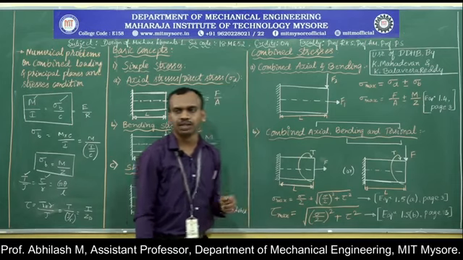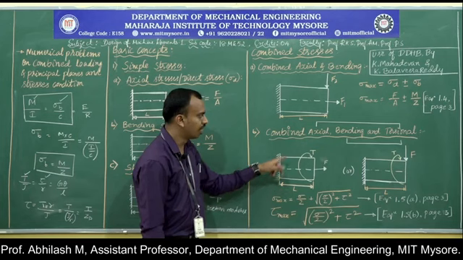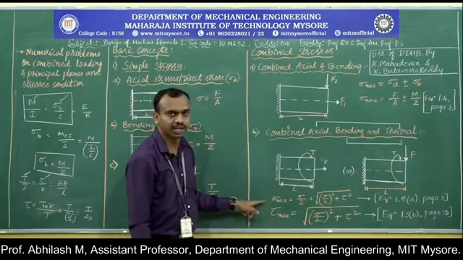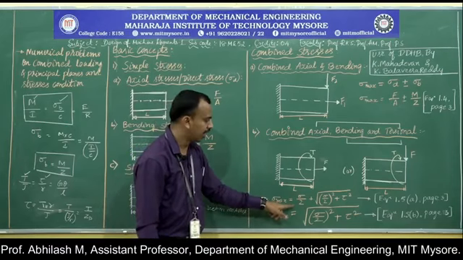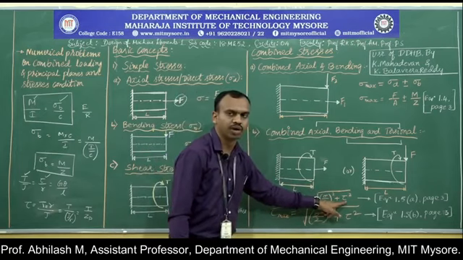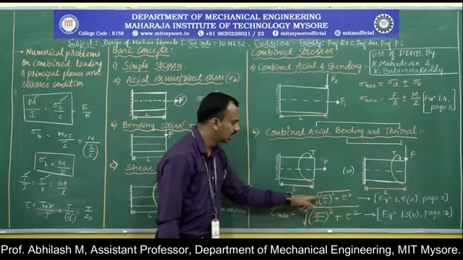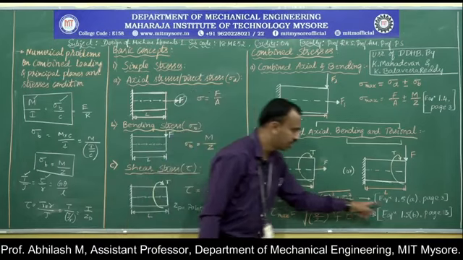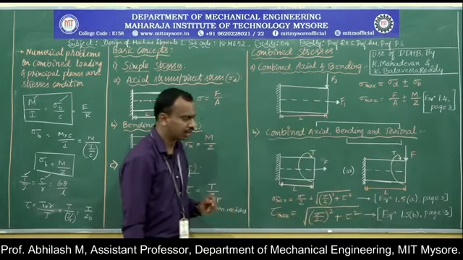The first one would be the maximum normal stress equation. When it is a combination of axial and torsion, we will be making use of the maximum normal stress theory, which gives us the equation sigma max equals sigma by 2 plus square root of (sigma by 2) squared plus tau squared. The tau is the shear stress and sigma is the axial stress. This equation is available in the data handbook as 1.5a, page number 3.